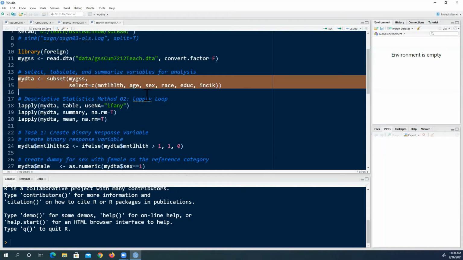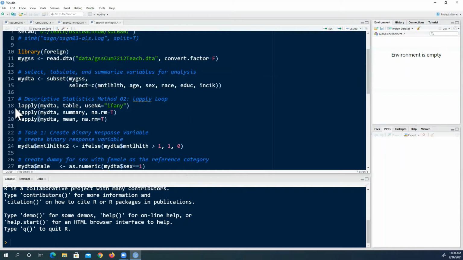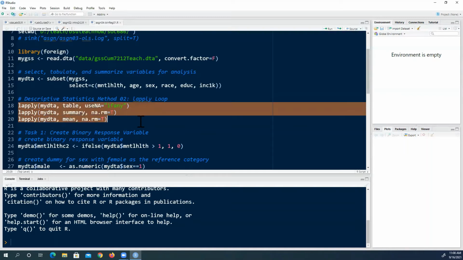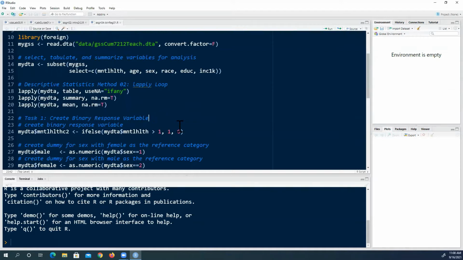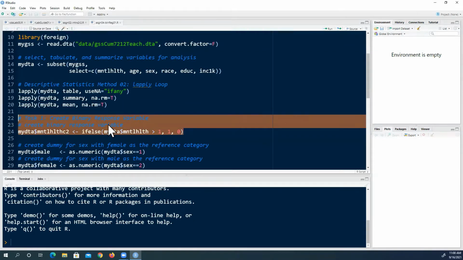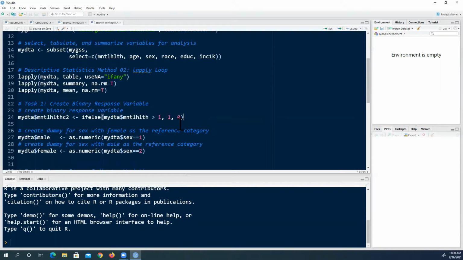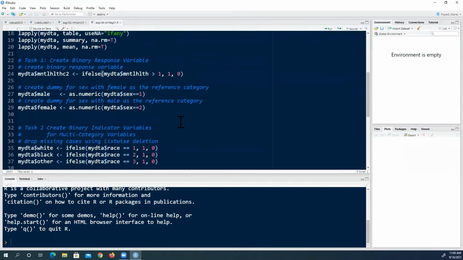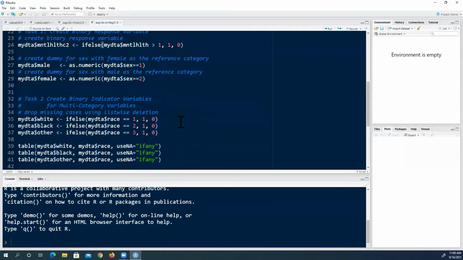Next is to select variables, and we use a loop. Down below, I use the lapply function to loop through all the variables in my DTA data frame object to produce descriptive statistics. Next step is to create a binary response variable, which is not the focus of my lecture today. So let's focus on